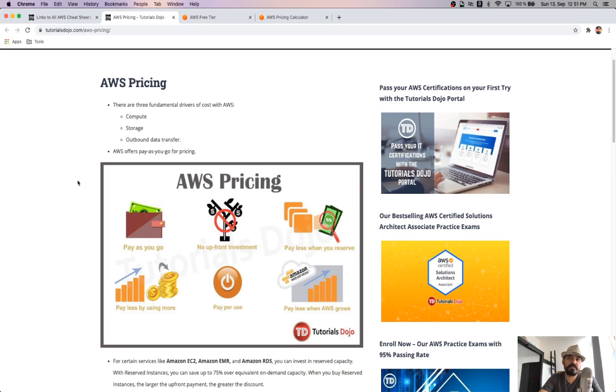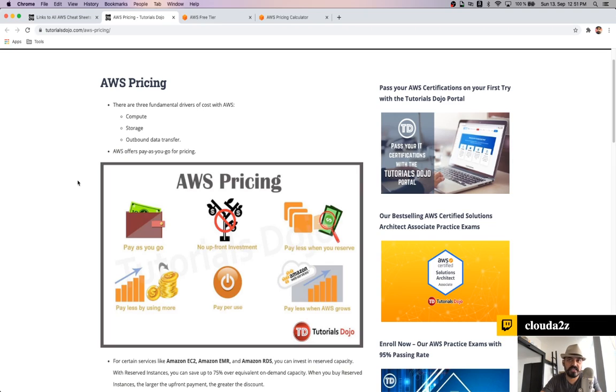So AWS pricing has a few characteristics which we need to observe. It's always pay as you go. There are services which are reserved, but it's basically pay as you go, and no upfront investment is compulsory. But if you're going with a reserved instance in EC2 or something like that, then yes, you have the concept of paying upfront or partial upfront.